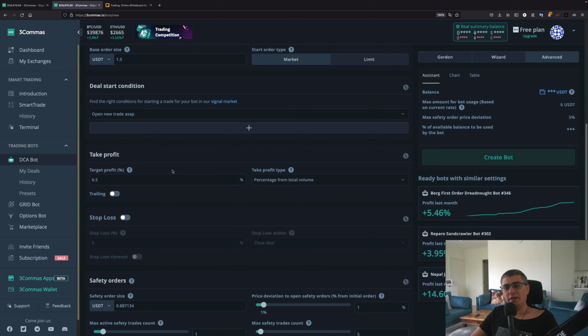Now the reasoning behind some people saying that it's good to have it very low is that you want to get in and out of the trades as soon as possible. But if you have the chance to backtest for more than half a year and see the data telling you that if you use 6.5 instead of 3, you can earn double that, why should you not try to do it, right? Of course, you need to have in mind the market conditions and everything, but